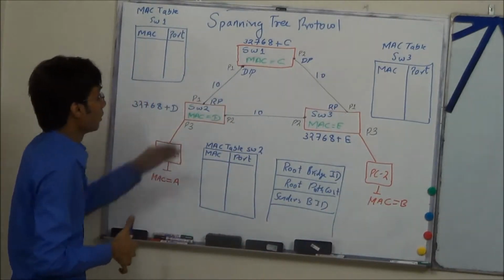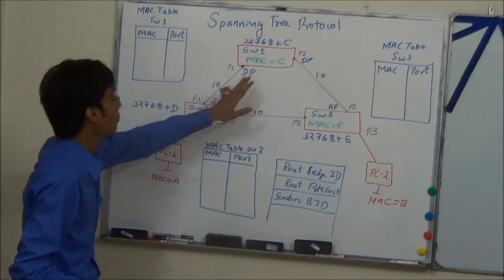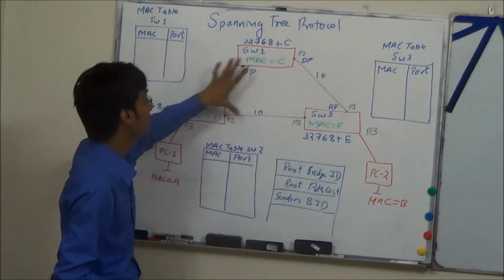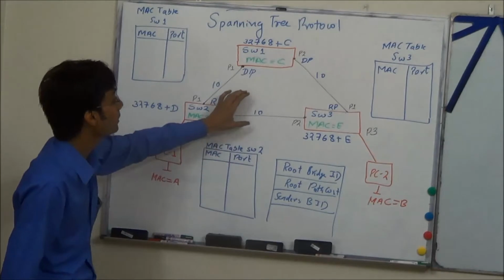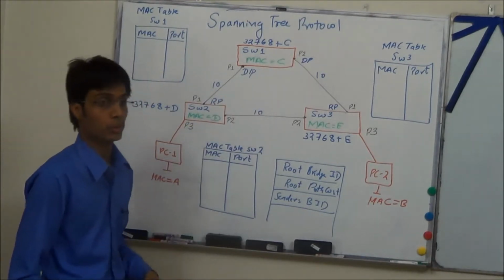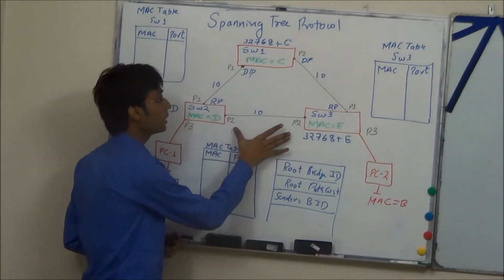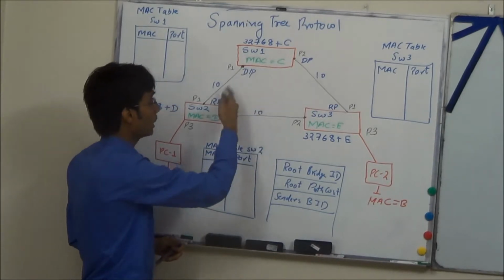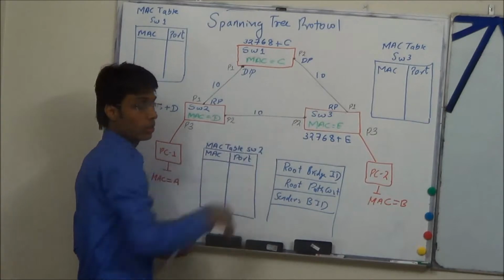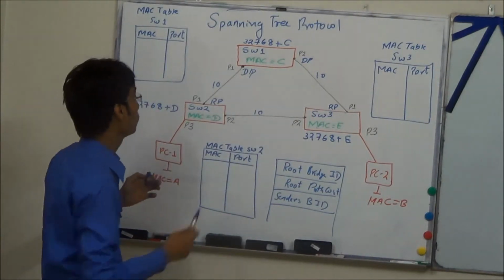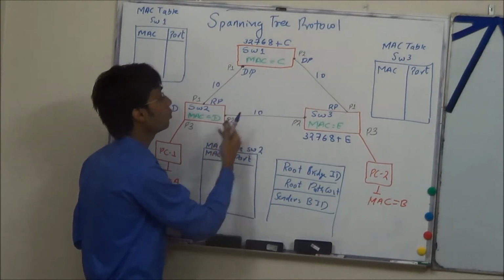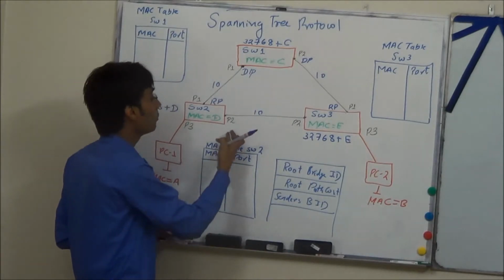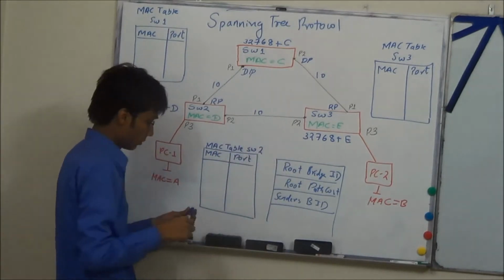We have a designated port and a root port, DP and RP, on these two segments. But every segment must contain a designated port. So we have to elect a designated port here also, and along with that we need to break the loop. There is still a loop among these switches. How will we break the loop? We will first elect the DP at switch 2 or at switch 3. Let's see who will become the DP.